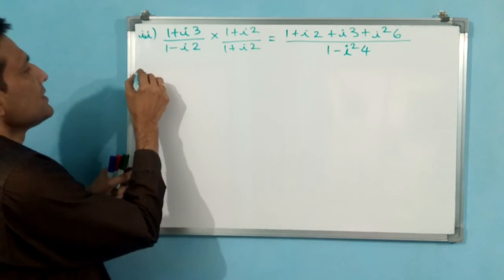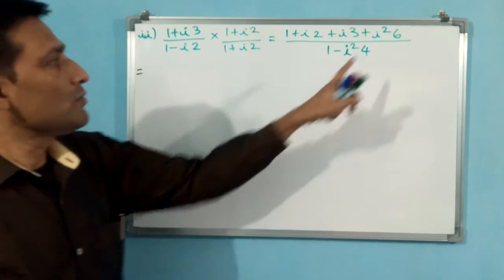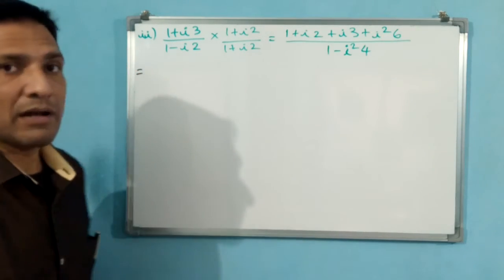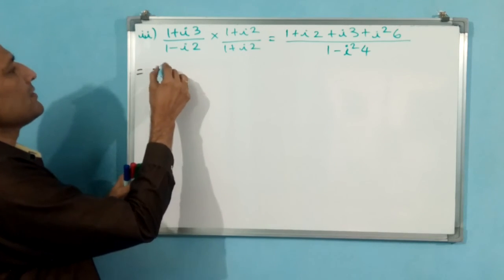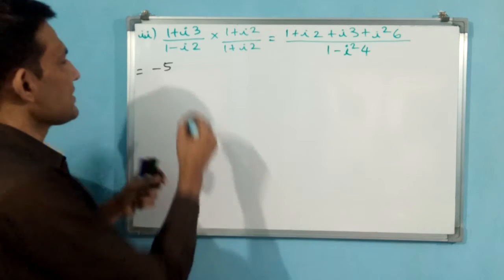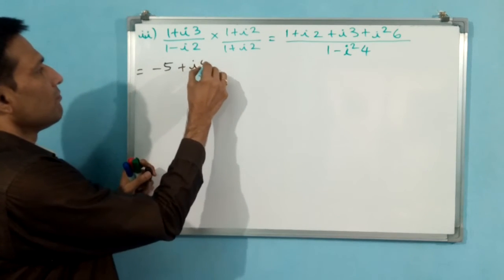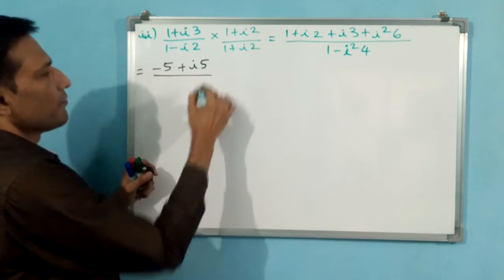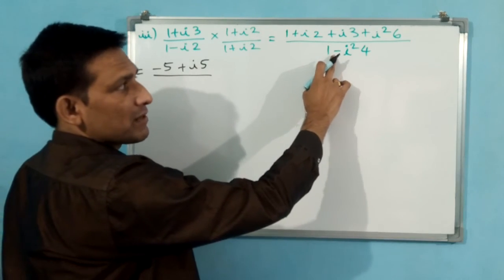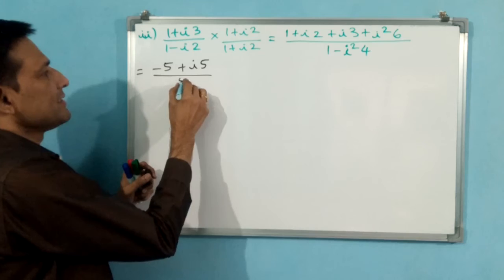Okay, now do the remaining. Now you see, I square is minus 1. Minus 6 plus 1, minus 5. Write down minus 5. Plus 2 plus 3 plus I5. I square minus 1. Minus 1 minus, plus 1 plus 4 plus 1 plus 5.